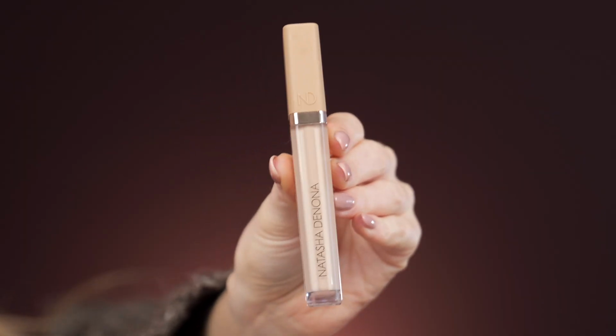Let's start with High Glam Concealer. This one is supposed to be medium to full coverage. It's a serumy concealer, hydrating concealer, long-wearing concealer, crease-proof concealer. We will see, but this is the shade N1, and you know, it's very hard to find the right shade